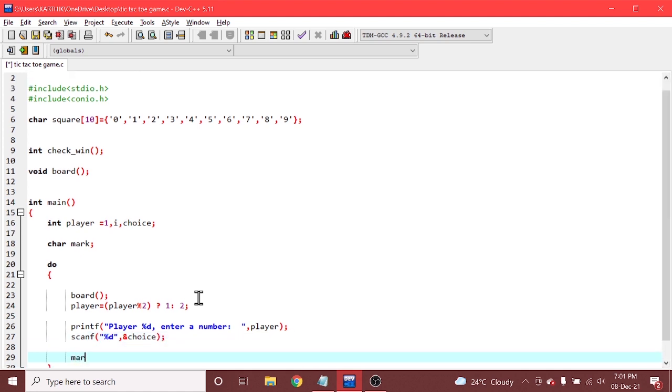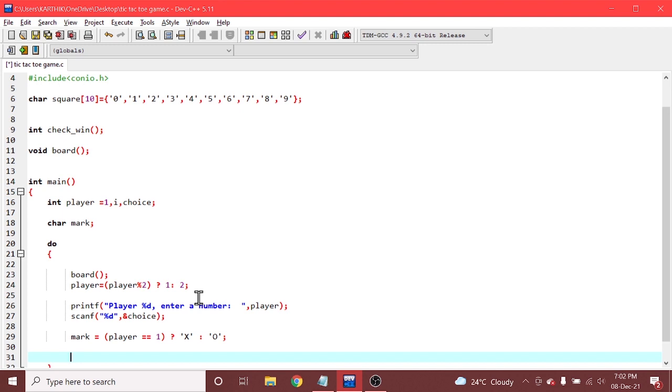Okay, similarly I'm taking the mark: if player is equal to 1, then that's nothing but player 1, you keep X, and in the else case you keep O. Okay, it's like an XOX game. And semicolon.